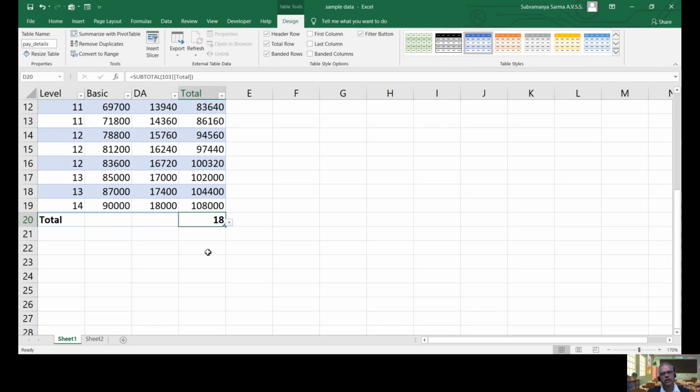Why is this useful? When you are working with a huge data set, these are very handy and convenient. Just with the click of a button, you can know what the max value is, what the min value is. Is it available only for one column? No, this same total row functionality is applied to each and every column. That is the advantage.